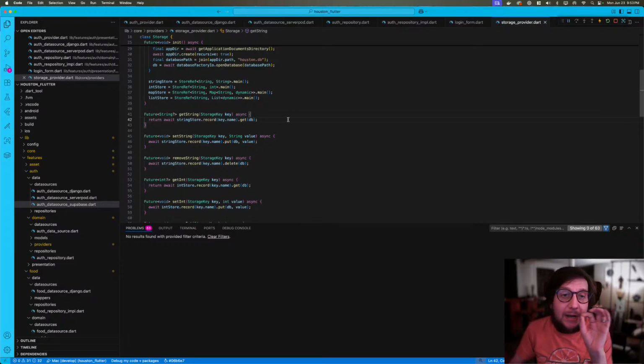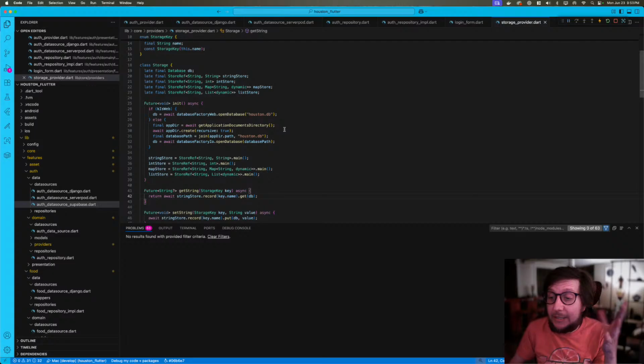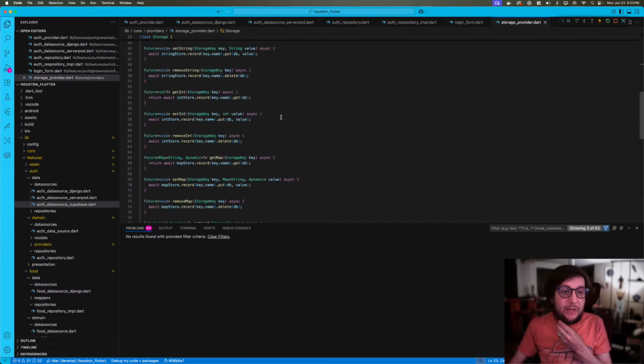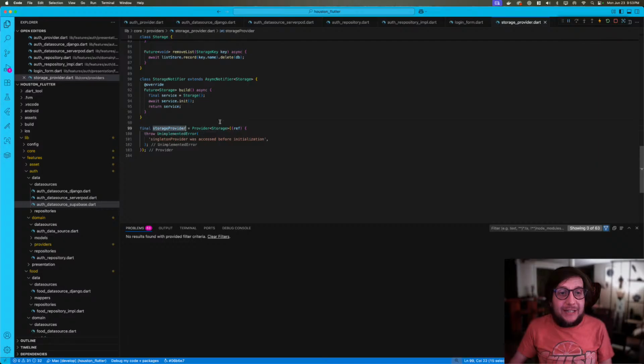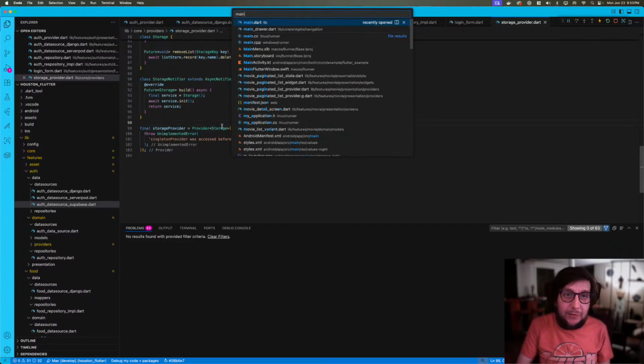Now I'm using Riverpod. The only downside, well, this isn't a downside, but it requires a little bit of an extra thing here to make it work. So this ultimately is a provider. So you have storage provider. However, I throw an unimplemented error here because I don't actually ever want to use this directly. This is just stubbed here because what we actually do, and this is genius,